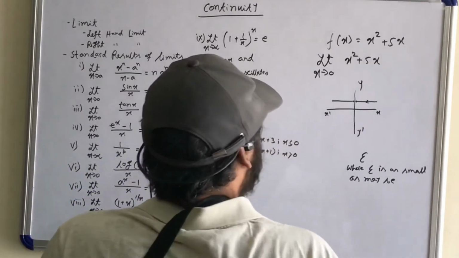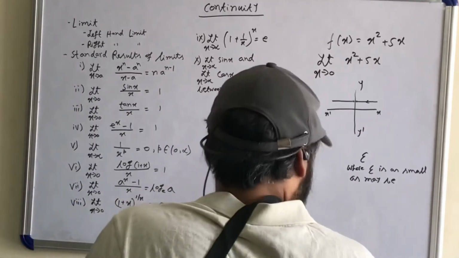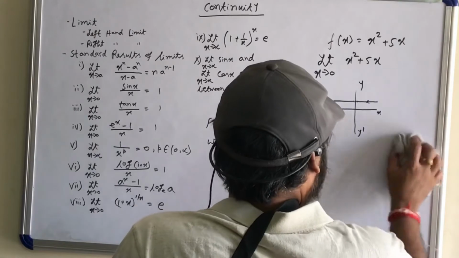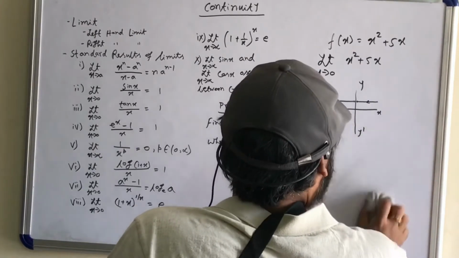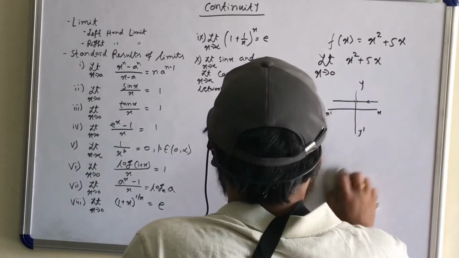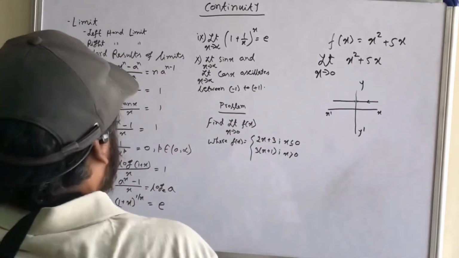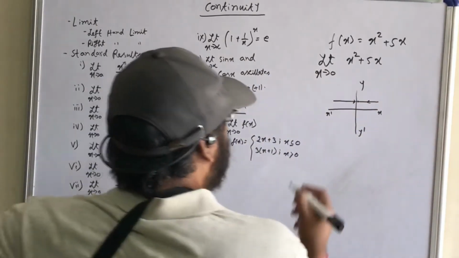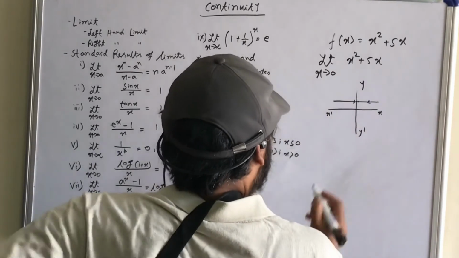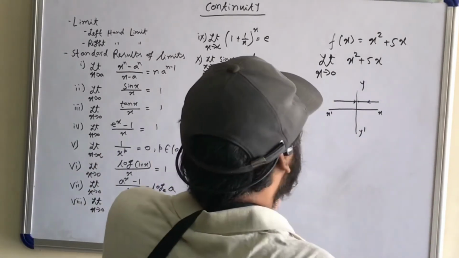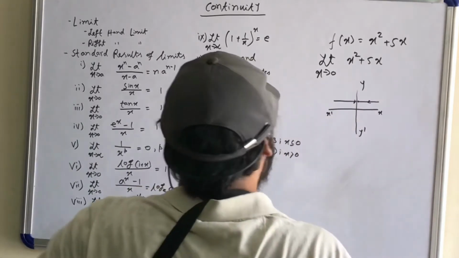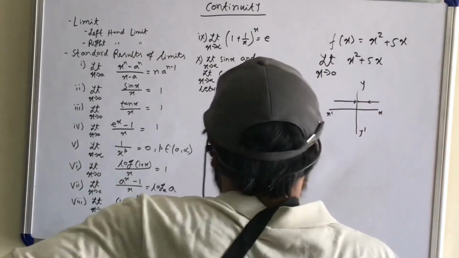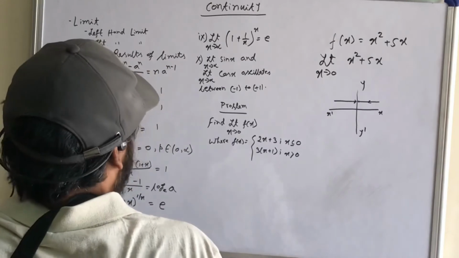Now, why am I telling this? First thing is that for the existence of limit, I think in class 11 also you have read it: the left hand limit must be equal to the right hand limit, then only the limit exists. What does it mean by left hand limit and right hand limit? Left hand limit means approaching from the negative value, that is the left hand direction. When it approaches from the left hand direction to that particular limiting value, it is the left hand limit. When it approaches from the right hand direction to the limiting value, it is the right hand limit.